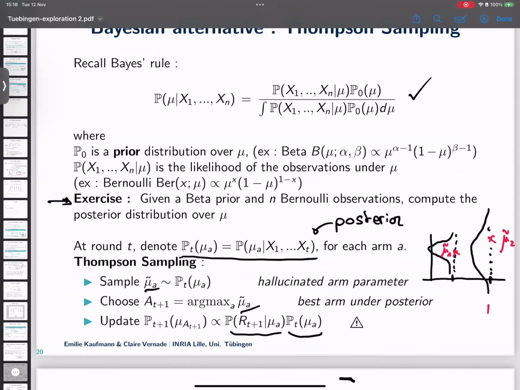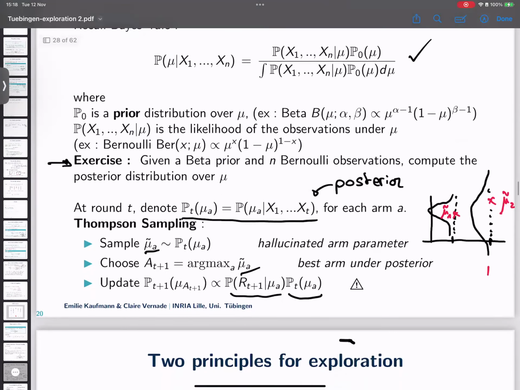If you don't know the exact model of the noise of the arms, or if the distribution is not part of a nice family, then there's no reason that you know how to do this Thompson sampling. So for this algorithm, there's also a very nice tutorial online. If you're interested in Thompson sampling in particular, I would recommend a tutorial for Thompson sampling that's written by Dan Russo, and it's really good.